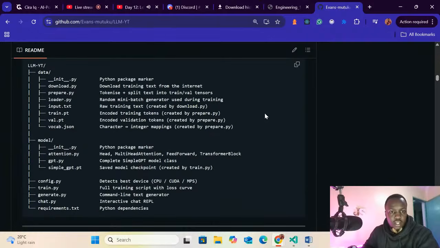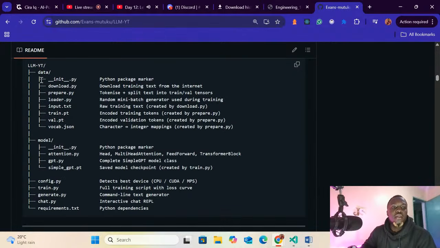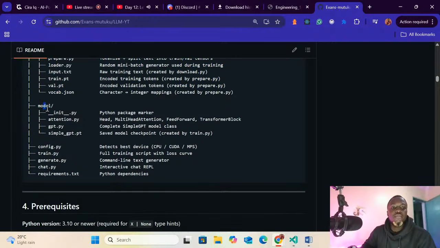So basically, this is the folder structure in case you are wondering. For example, we have the YouTube Live, that is the project name. Then we have the data folder that is going to contain the data, then the model folder that's going to contain the model and everything.